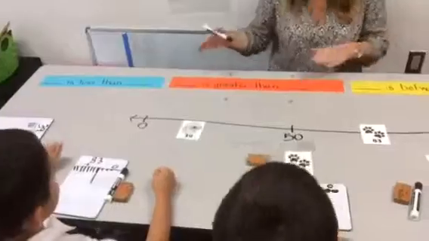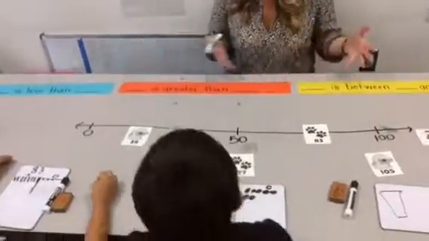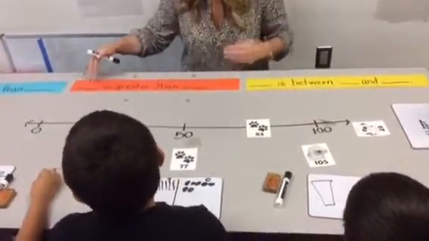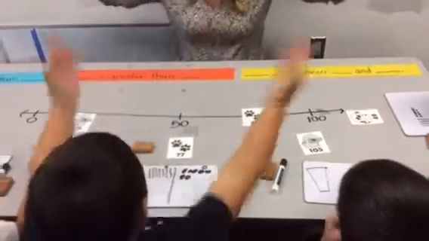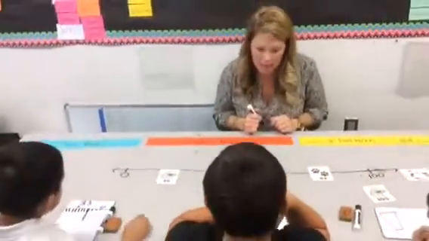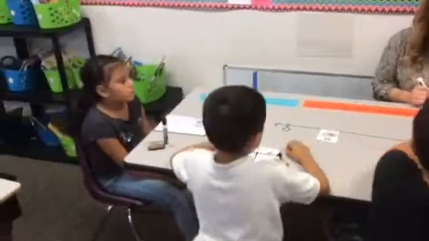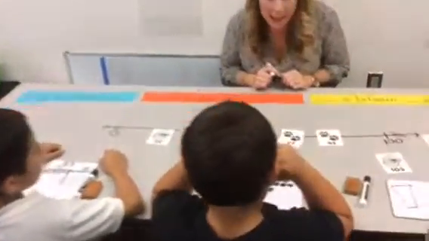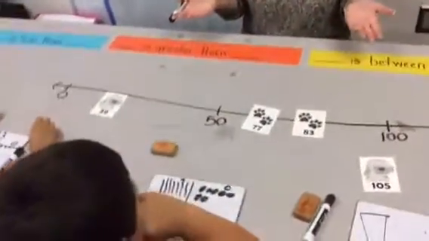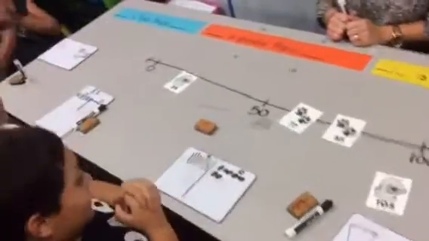He was like, which one? And you said, in a math sentence, 83 is greater than 50. Good job. Awesome. Easton, where does your number go? Oh, that was so fast. How did you know? I thought you were going to have a hard time. How do you know? Because